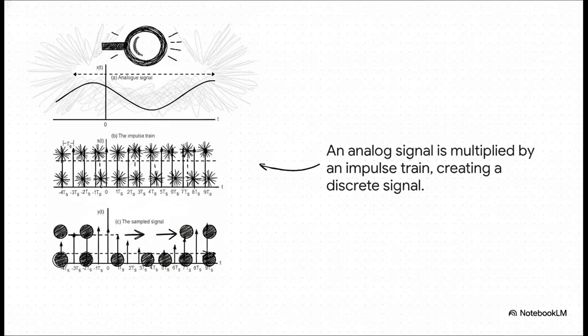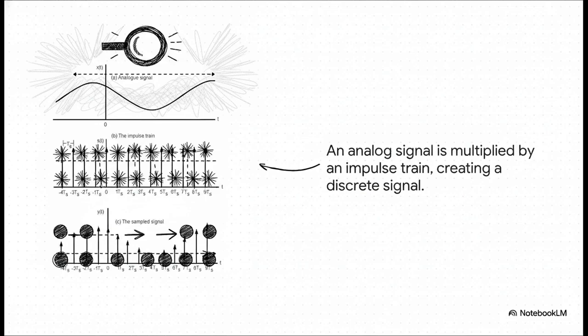And this is a great way to visualize what's happening mathematically. So up top, you've got your smooth, continuous analog signal. Then we multiply it by this thing called an impulse train. You can just think of it like a perfect strobe light. Every single flash of that strobe captures the wave's exact amplitude at that one specific moment. And the result down at the bottom is our sampled signal, just a series of distinct data points that now